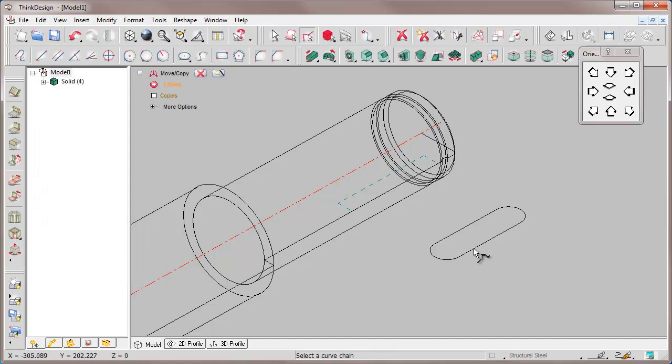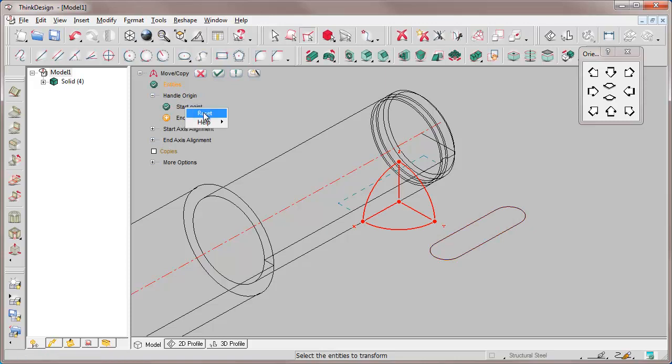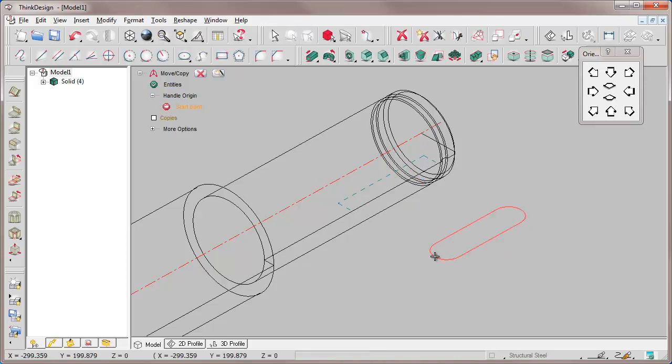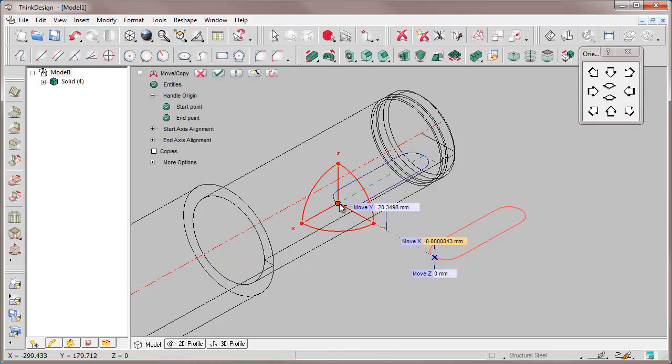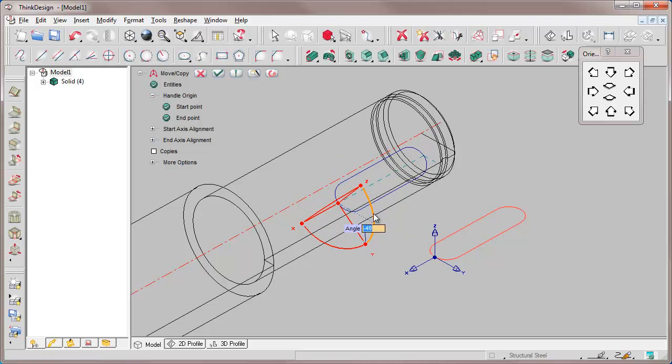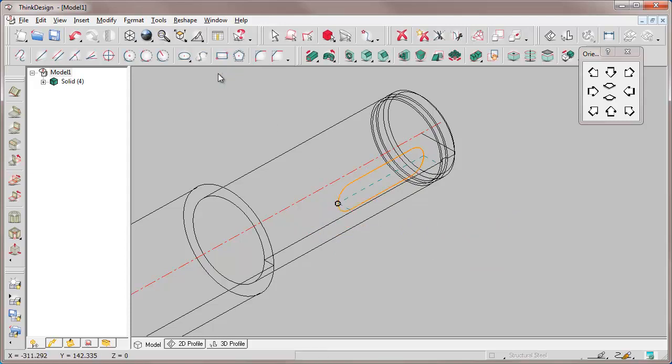We want to move this buttonhole in a different point. This one. And we want to rotate it around the x-axis of 90 degrees. We obtain the right position in the space.